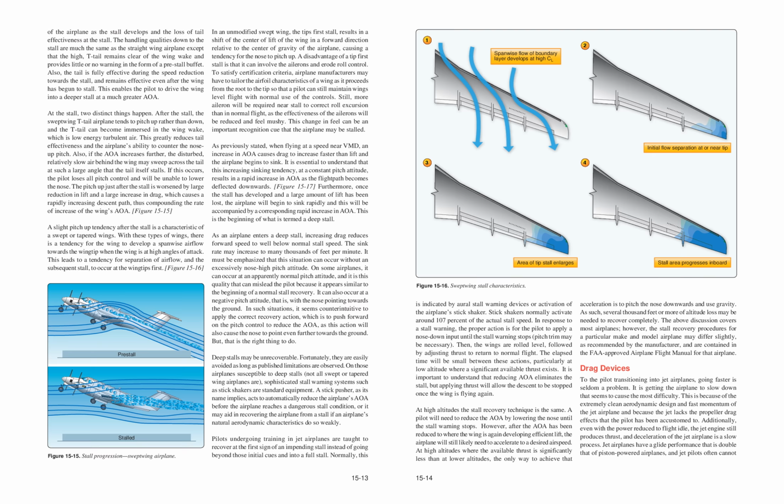Additionally, even with the power reduced to flight idle, the jet engine still produces thrust, and deceleration of the jet airplane is a slow process. Jet airplanes have a glide performance that is double that of piston-powered airplanes, and jet pilots often cannot